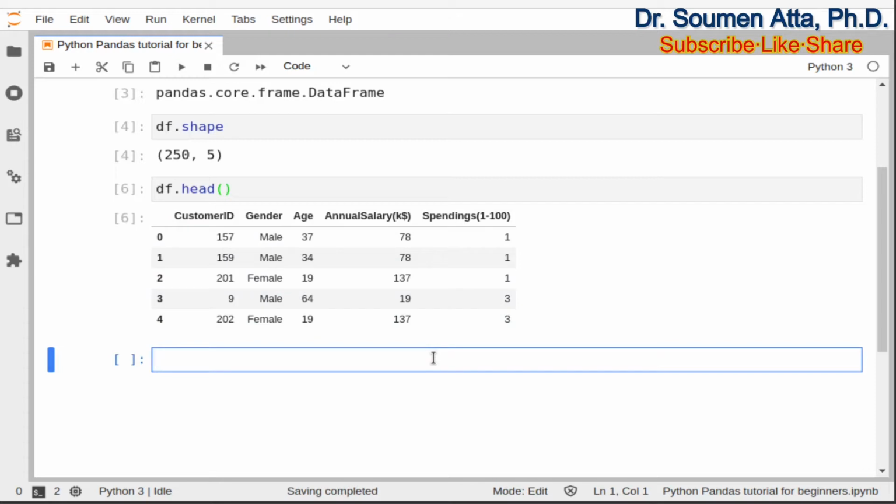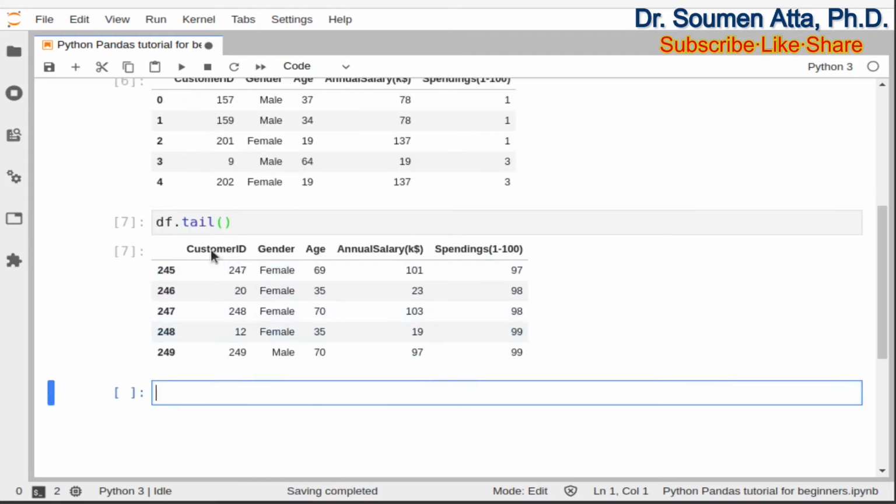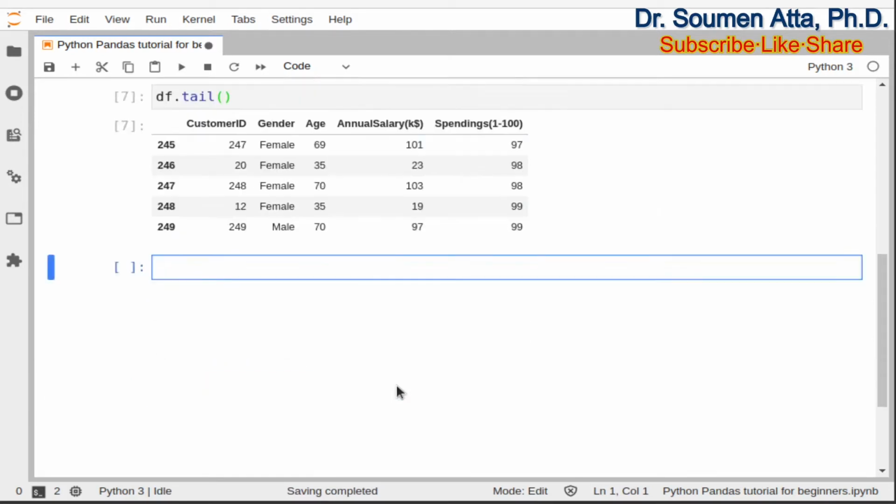Similarly, if we want to show the last 5 rows of df, we can use the tail method. The purpose of these two methods, namely head and tail, is to look into the input data. Therefore, to print the last 5 entries, the last 5 rows of df, we can write the command like this, df.tail. So tail is also a method like head. Here you can see the last 5 rows of the data frame df.